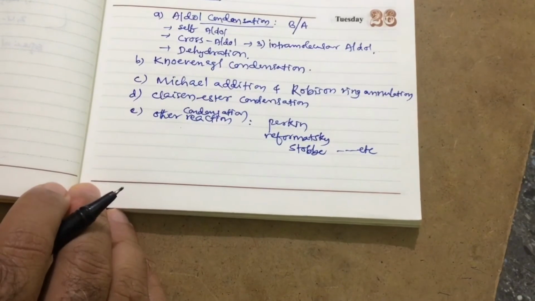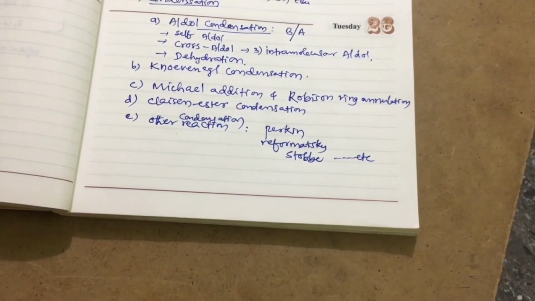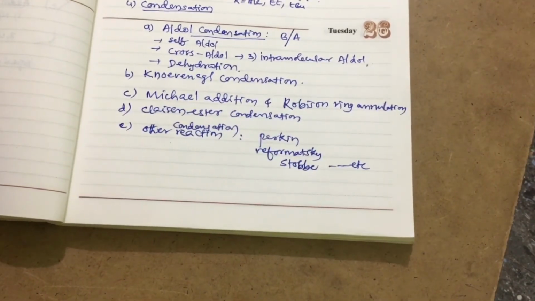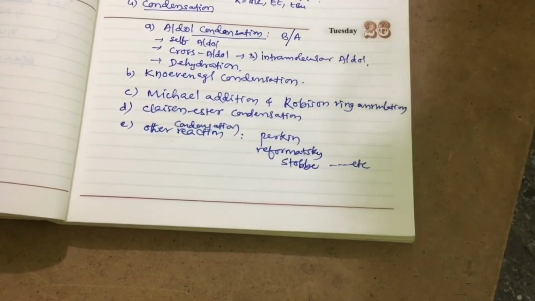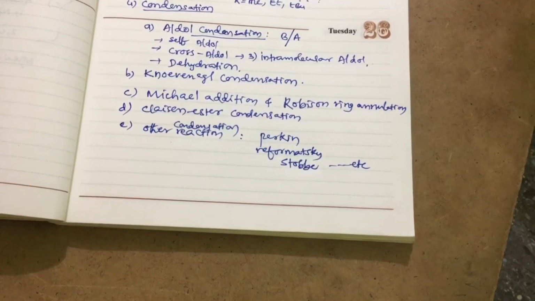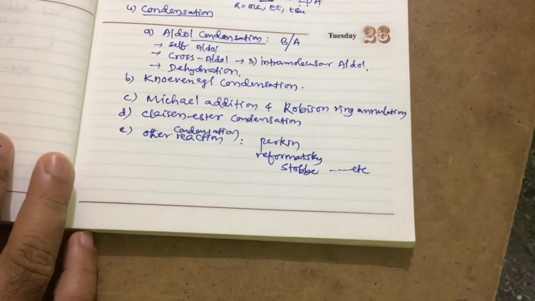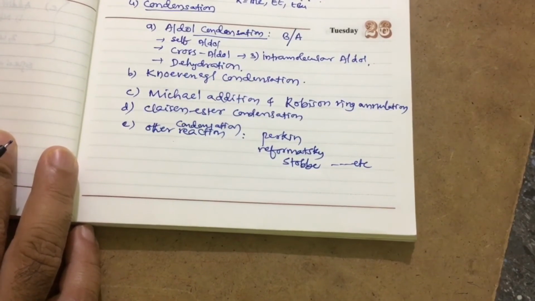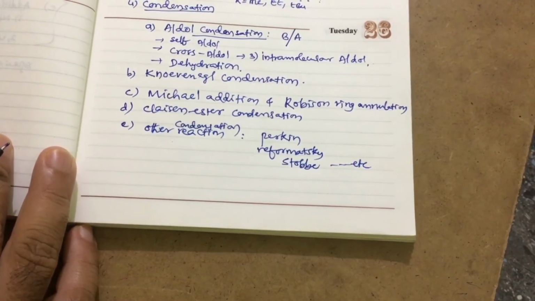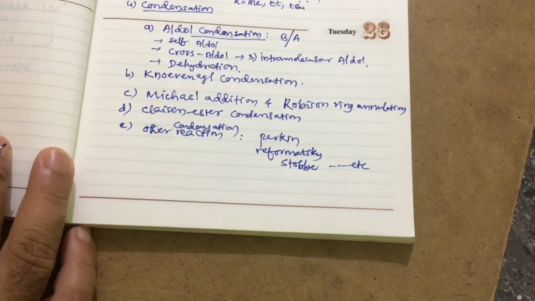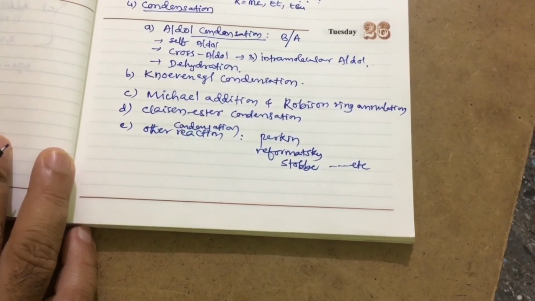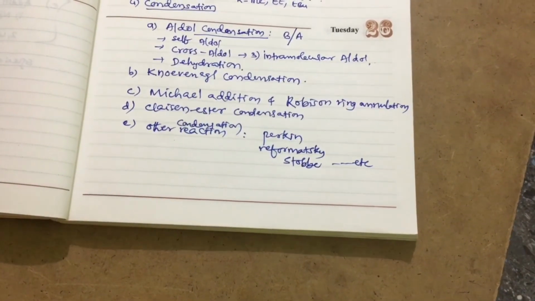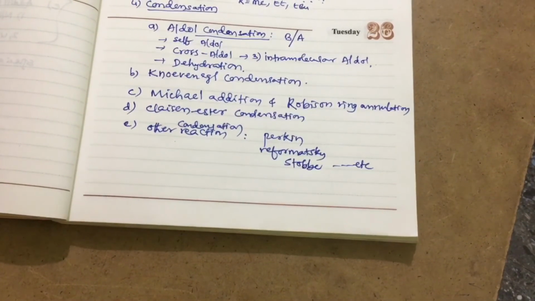For competitive exams, it is very important in these reactions: what is the intermediate? They may ask a question like this, or what is the nucleophile? And whether the reaction undergoes through acidic medium or basic medium. Everything is very important for competitive exams. So you have to remember which reactions undergo through enolization or enol as an intermediate or nucleophile. These are the only reactions that undergo through enolate.